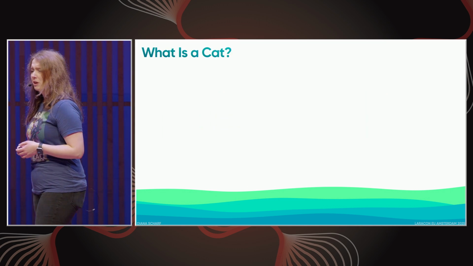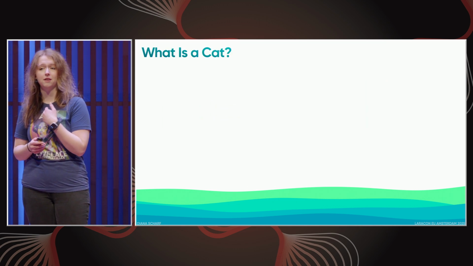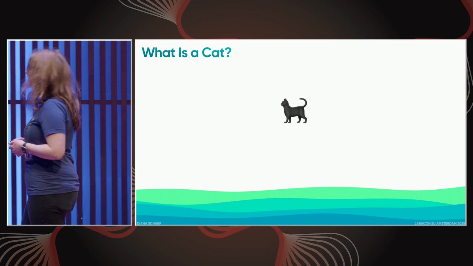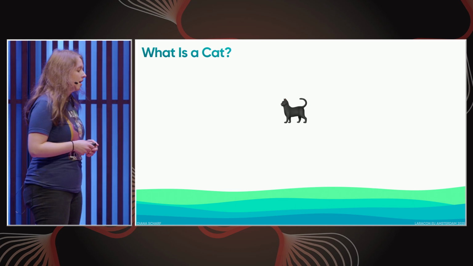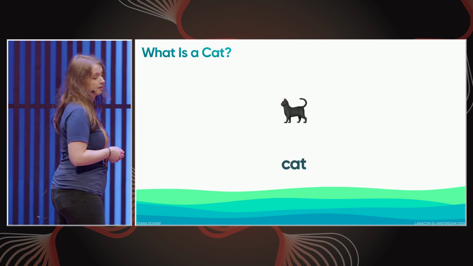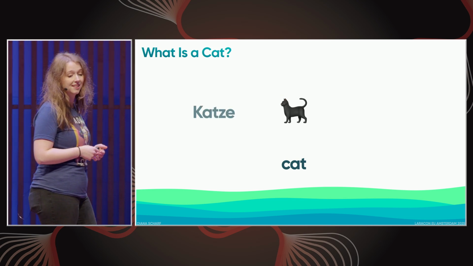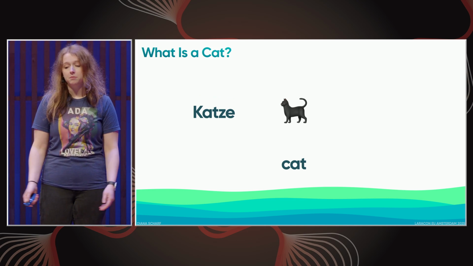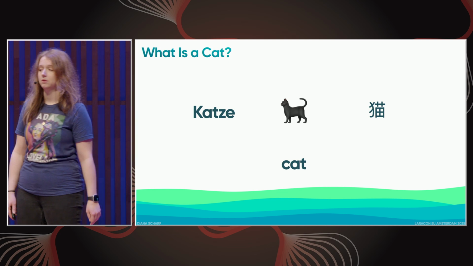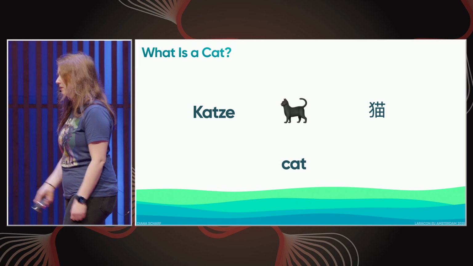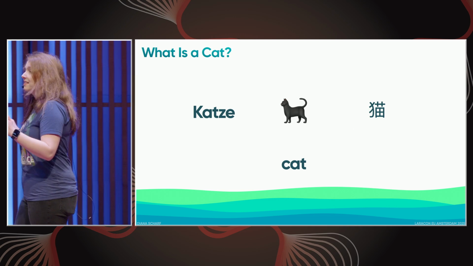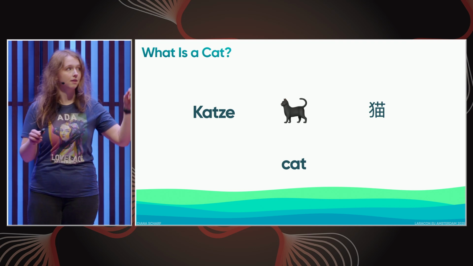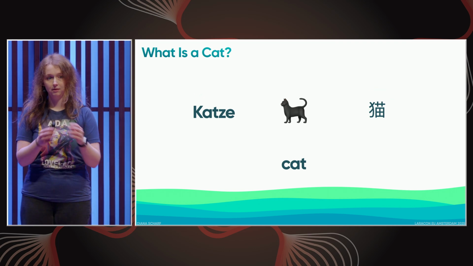For example, what is a cat? When I think of cat, I think of something like that. A fluffy black ball, thinking about world domination. So the English word is cat. Since I'm from Germany, the first thing I might think is Katze, which is German for cat. But someone who was raised in Japan might think neko and think of the kanji instead of a bunch of characters. So semantics is exactly that. We say Katze, cat, neko, but we all mean the simple black fluffy ball. That is the semantics of a cat.